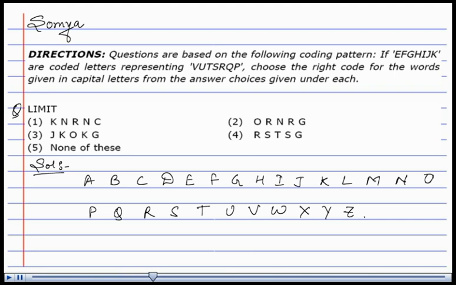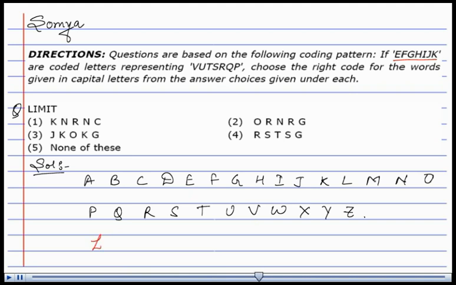Now, here let's logically represent the pattern that has been given to us. E, F, G, H, I, J, K, that is from E up till K. We are going in this direction. On the other hand, the coded letters are V, U, T, S, R, Q, P, that is from V up till P in this direction. Now, after understanding the logic behind the coding, let's find out